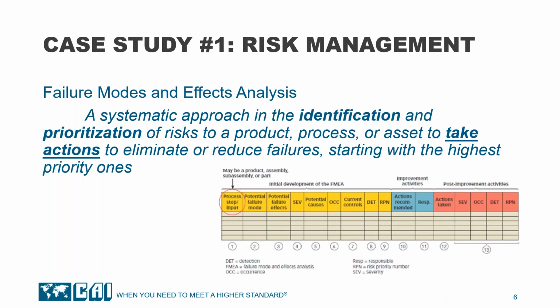All right, with that, we'll get into our first case study. And our first case study is going to be around risk management. I've spent quite a bit of time as a reliability engineer in my career and training reliability engineers. And one of the things that I train them is the failure modes and effects analysis, or FMEA, is one of our greatest tools in our back pocket. Okay, and FMEA, for those on the call that may not be familiar with it, it's a systematic approach to identify and prioritize risk, whether we're talking about product, process, or equipment and assets, and most specifically to take action to eliminate and reduce failures where we could start with the highest priority ones.